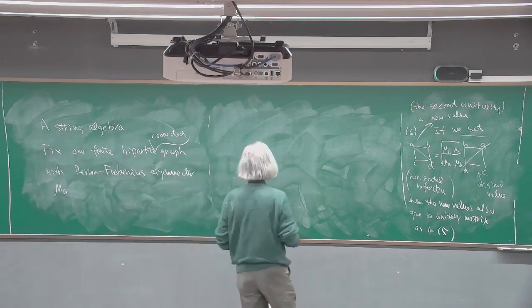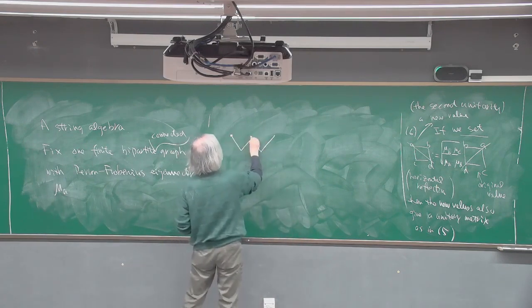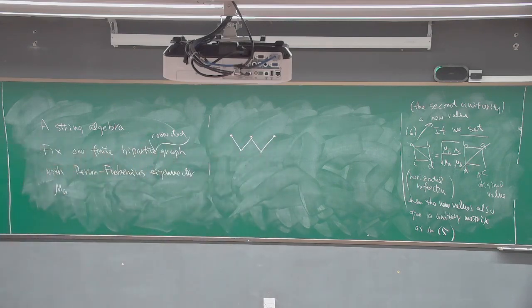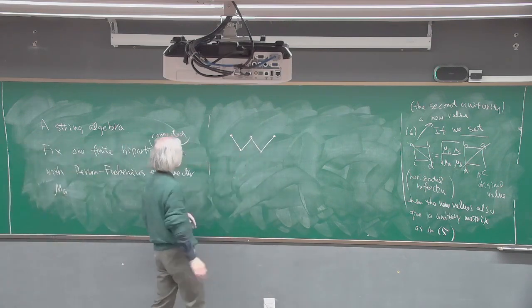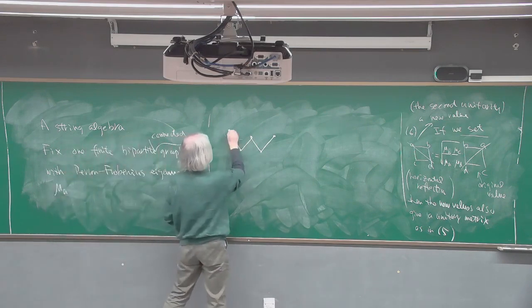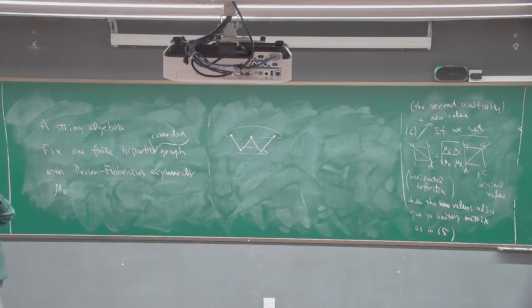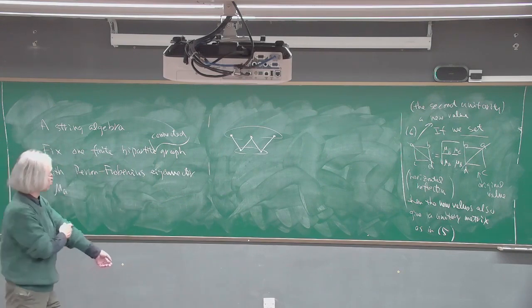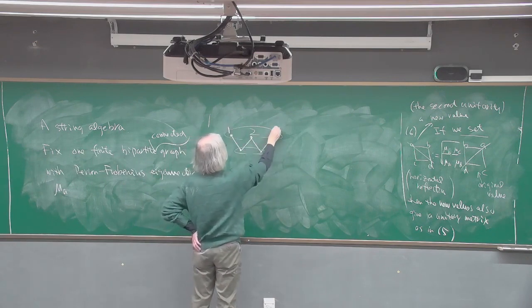So an easy example is this one. At the top we have 3 vertices, and at the bottom we have 2 vertices. Because everything is bipartite, we always split. So this is one group of vertices, this is another group of vertices. If we draw a graph randomly, then the Perron-Frobenius eigenvector entries are complicated, and we cannot write them in a simple way. But this is an easy example. So the Perron-Frobenius eigenvector is 1, 2, square root of